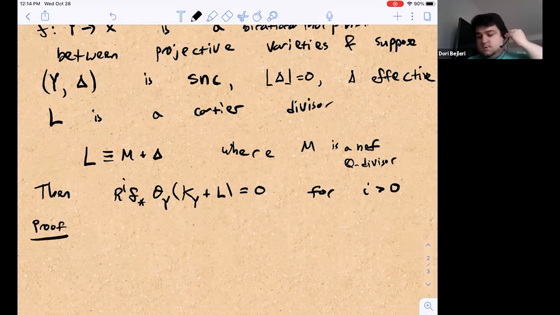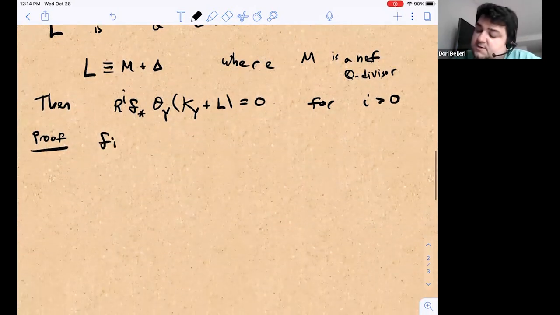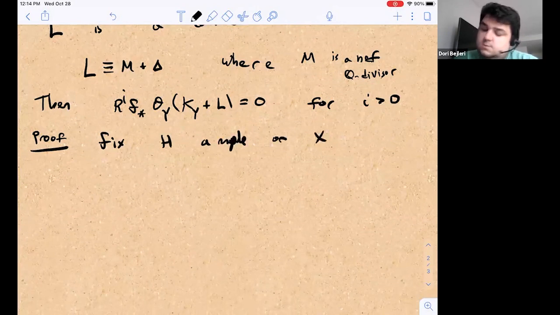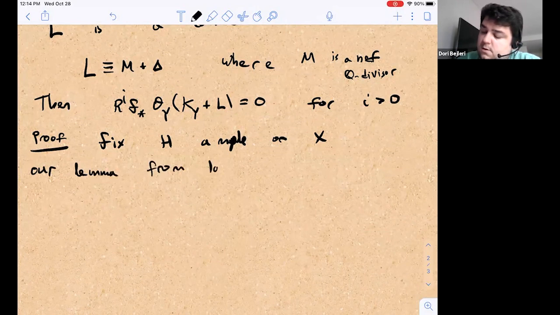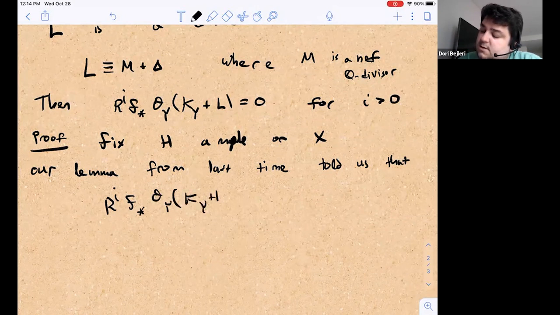So let's say we fix H ample on X. Then our lemma told us that R^i f_* of K_Y plus L is 0 if and only if